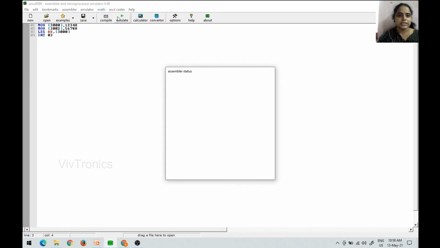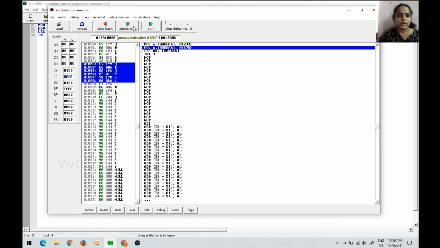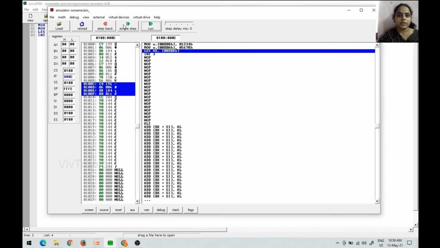So I am emulating this one. Okay. So here the program is there, and there is no need to go into memory and no need to give all the data now, because I have already given it directly using immediate addressing mode. Entering into single step execution mode, you can see the instruction pointer is getting executed and nothing is happening to our registers other than the instruction pointer. Why? Because it is directly copying our data into memory. It is not affecting any of our registers. Okay. The same in the next instruction also.